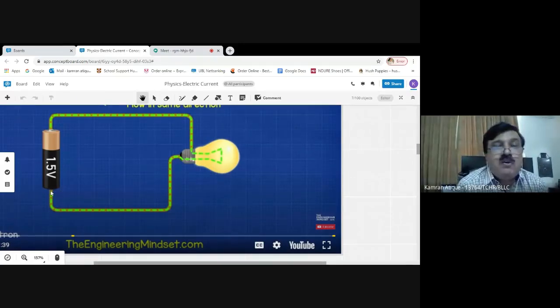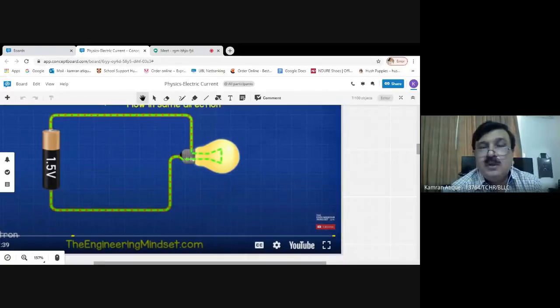the electron which is present at the negative terminal comes out. But at the same time, the electron which was already present inside the copper wire is also being guided and jumps up to take the next spot. In this way, all the electrons, you can see in this animation, once again I'm going to turn it on, and you can see that all the electrons which are present in this